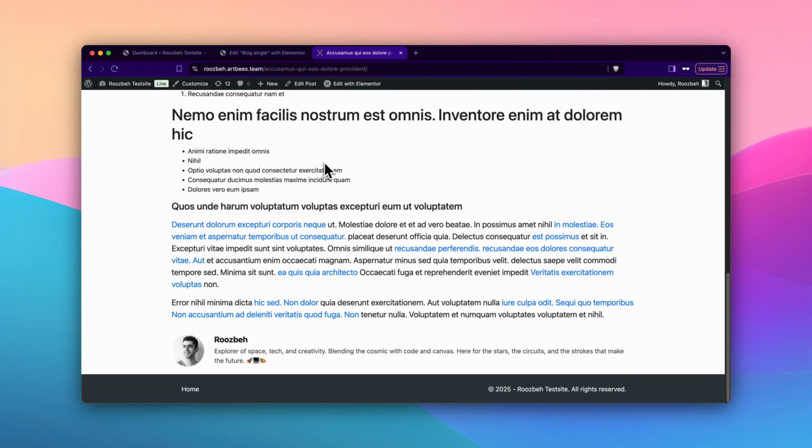In summary, we have demonstrated how to create a bespoke single blog post template using JupyterX and Elementor. By leveraging the Layout Builder and key Elementor widgets, along with dynamic tags, we achieved a unique and visually appealing blog post design. Finally, we configured display conditions to ensure the template applies to all single blog posts. This approach provides full control over the appearance of individual blog posts, contributing to a cohesive brand experience.